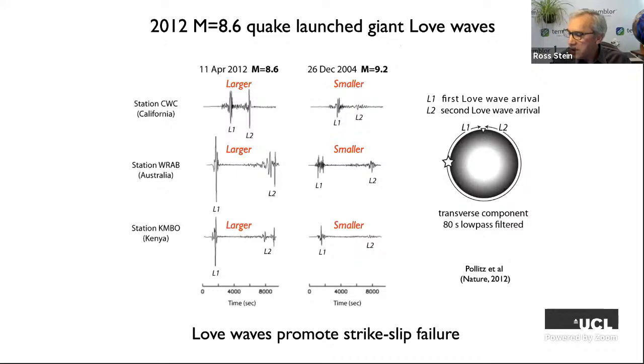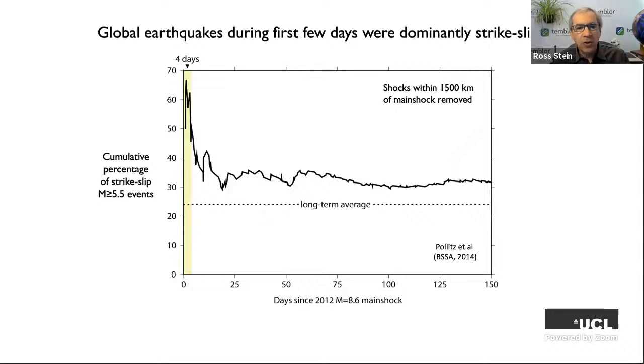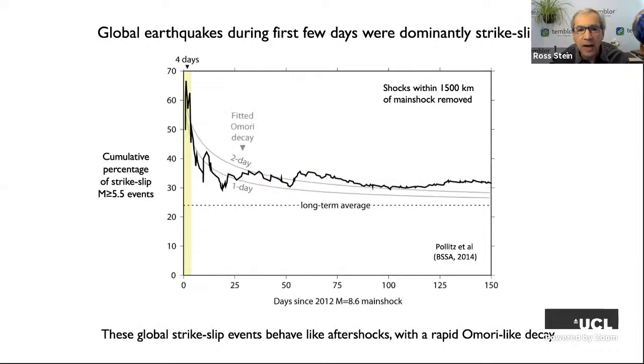And if there is a smoking gun, it's going to be what I'm showing you next. If you look at the cumulative percentage of strike-slip earthquakes around the world, normally about 1/4 of the world's earthquakes are strike-slip, half are thrust, and the rest are normal. And look at what happened in these few days after this event. Nearly 65% of the world's earthquakes right after that event were strike-slip. It's very, very unusual. And it decayed quite a bit like an Omori decay.